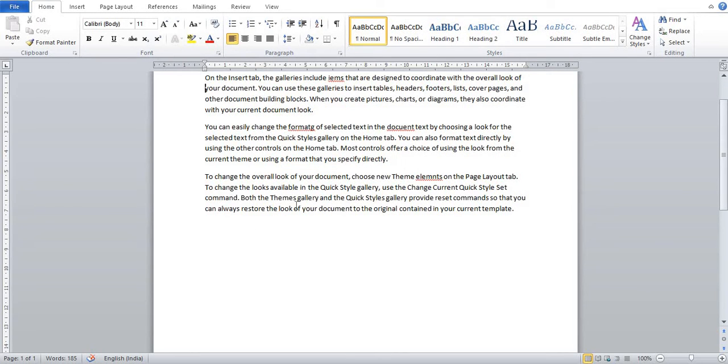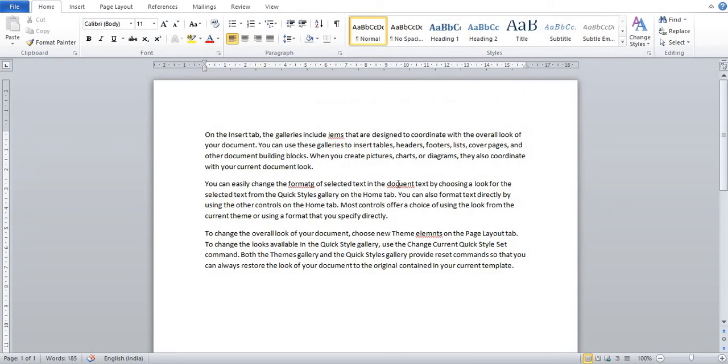Now our next topic is spelling and grammar. Spelling and grammar ensure that your document contains no errors. You must have noticed red or green wavy lines under some words. Here you can see red lines under some words. That means the word is wrong. Like here I can write "IMs", which means here I meant to use "items". Here "formatting", here "document", but my spelling is wrong.